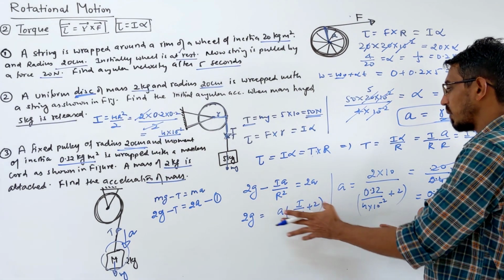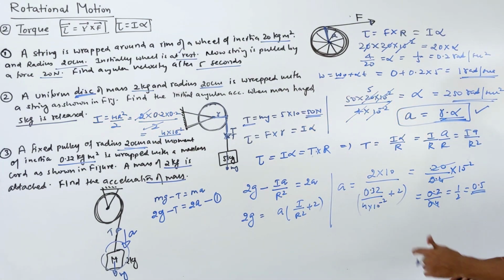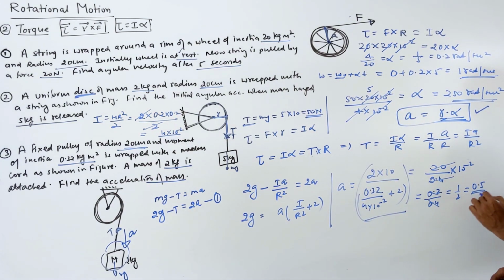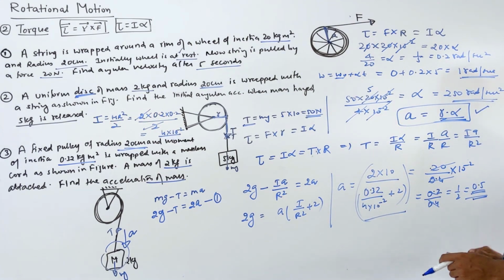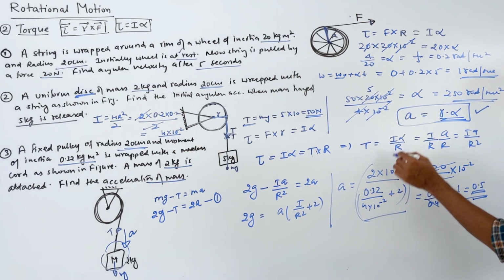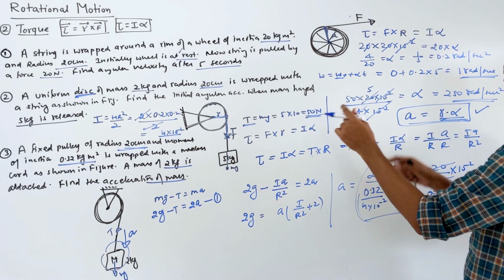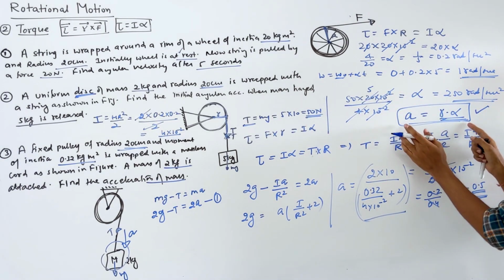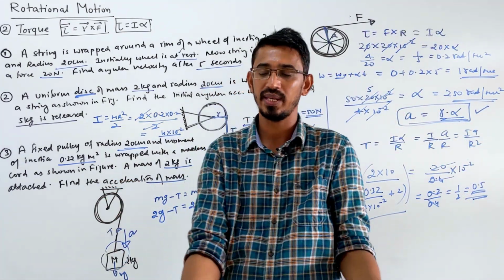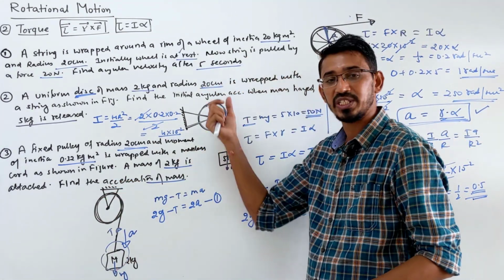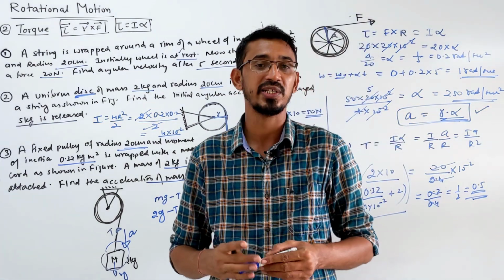Up to this, the formulas and everything are okay, nothing is wrong. Check this calculation only and please find the correct answer here. Please put in the comments what answer comes out correctly. I am just doing it roughly here. Or you can check this answer by this simple method also. You simply calculate the angular acceleration, convert it into linear acceleration, because the linear acceleration of this disk is simply the acceleration of the block, because they are attached. They move with the same linear acceleration, right.